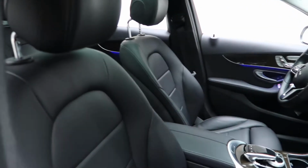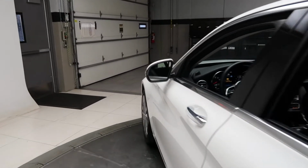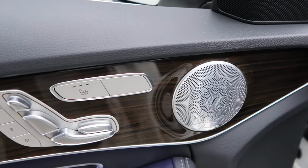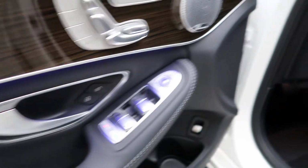A black MB Tex interior, pano sunroof. Come around back, rear spoiler, C300, 4MATIC badging, power liftgate, set of all-season and regular floor mats, comfort box for extra storage. Alongside, this one does come with the Premium 1 package, which is going to give you a blind spot assist, illuminated door sills, Burmeister sound system, a dark brown linden wood trim, heated seats, memory seats, ambient lighting, power windows,